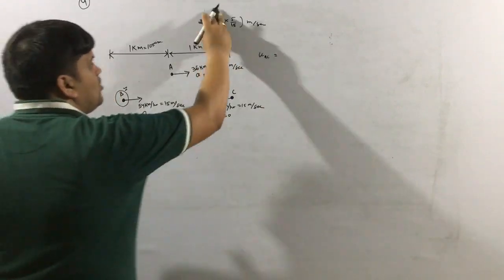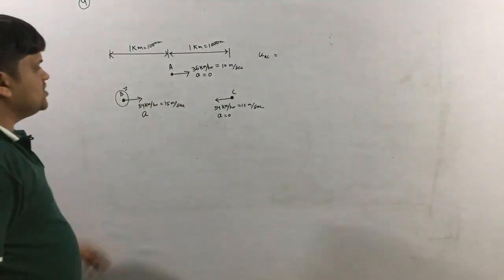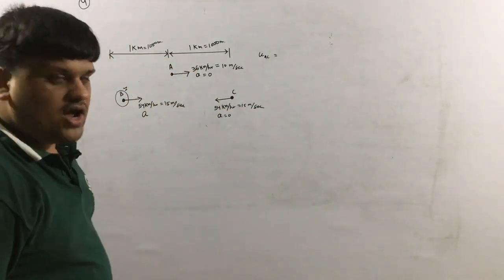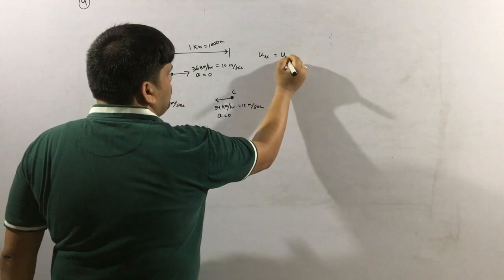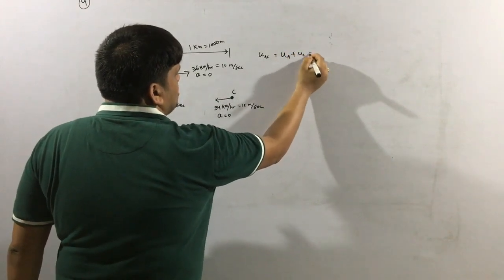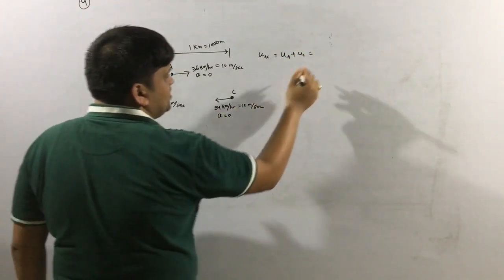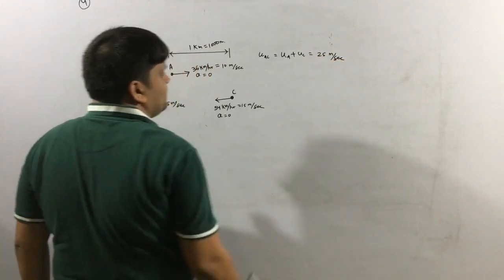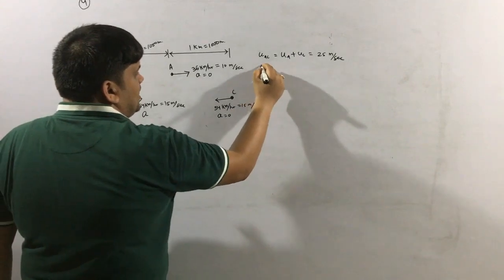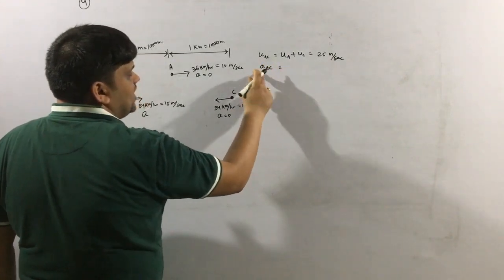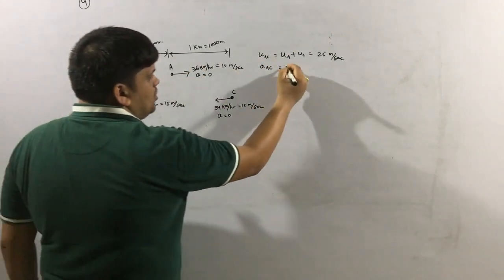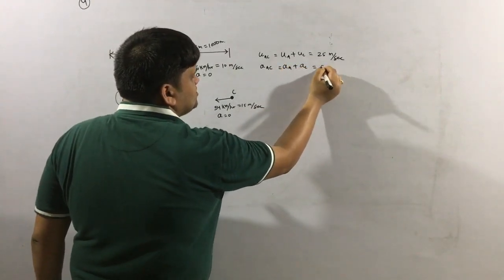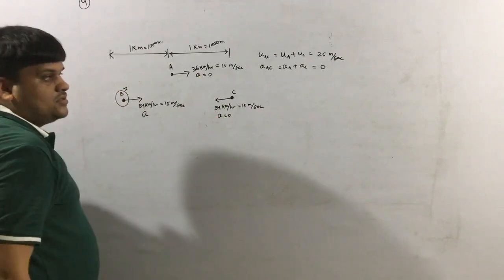Okay. So now what is the relative velocity of A with respect to C? See, they are moving in opposite direction, so you have to add them. So it will be UA plus UC, that will be 10 plus 15, so that will be 25 meter per second. Okay. Now what will be AAC, acceleration of A with respect to C? Obviously it is acceleration of A plus acceleration of C, but that is 0, 0 plus 0.